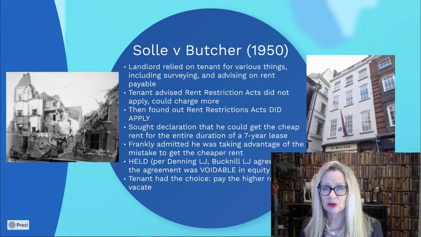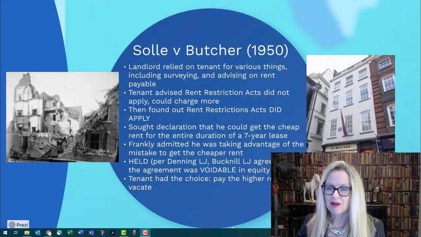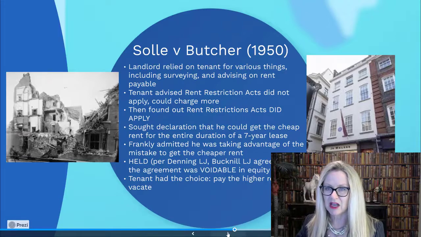Therefore, the landlord could rescind the lease, and didn't quite finish there. He had to actually offer the tenant the choice between continuing on at a higher rent or vacating the premises. So that's Soleil and Butcher. The case that came after this